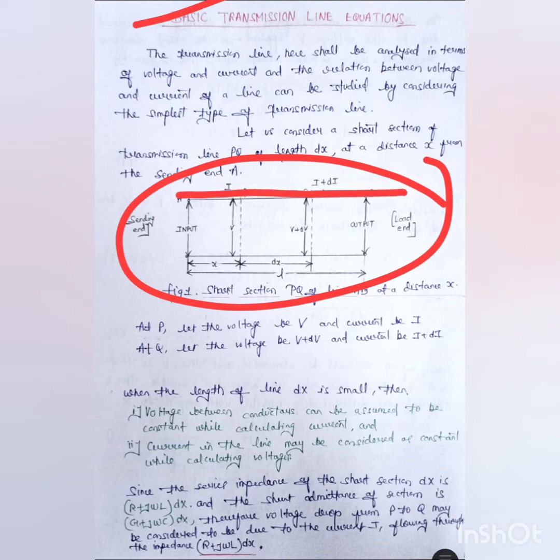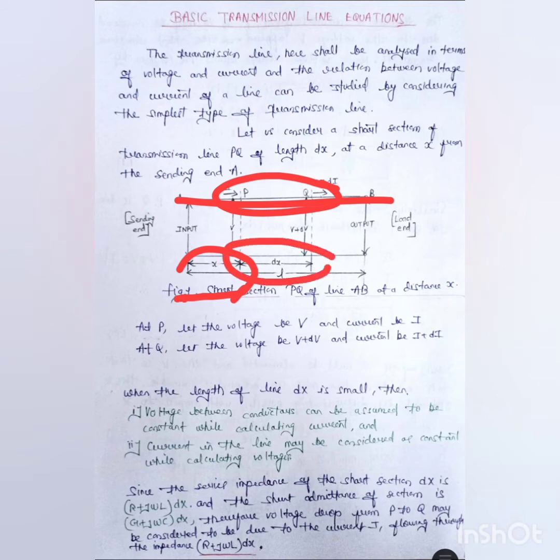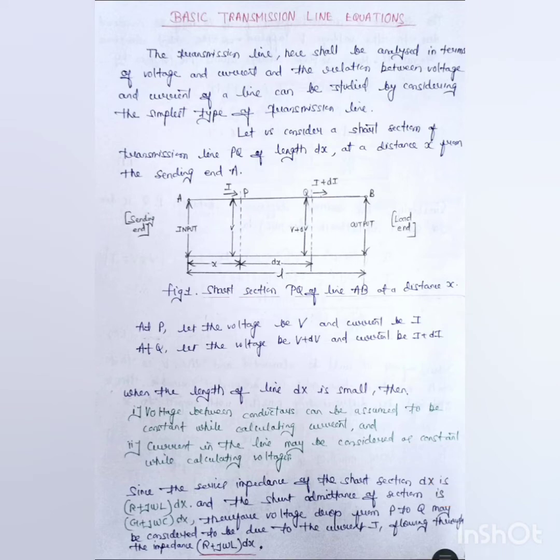length of the transmission line, and in order to calculate voltage and current, we took a small section of the wire which is considered here as PQ. As you can see, this is the overall length and PQ is a short section of the wire which is taken for the calculation purpose only. This point P is taken x distance from the sending end, and the length of the section of the wire is dx, and the overall length of the transmission line is taken